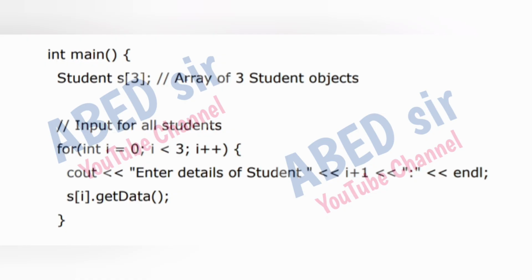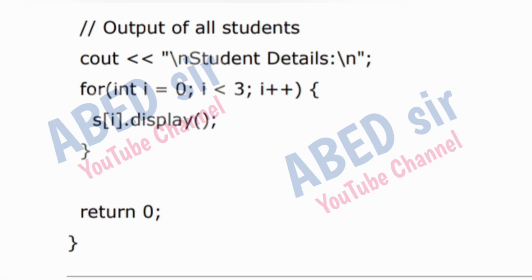cout << "Enter details of student " << i + 1 << endl; s[i].getdata(); cout << "Output of all students" << "\nStudent details\n"; for (int i = 0; i < 3; i++) s[i].display(); return 0;